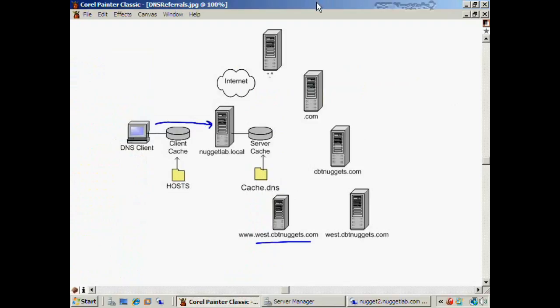I'll talk more about root hints a little bit later on, but generally speaking, what that does is it allows you to traverse the hierarchy of DNS servers to ultimately get to the DNS server that you need that will have a resource